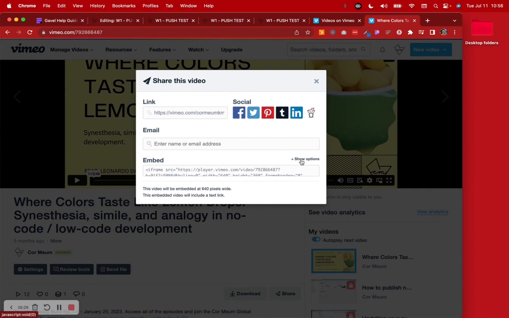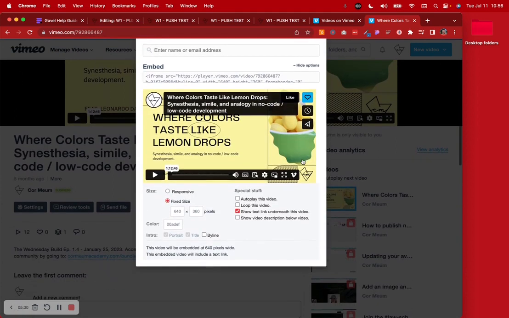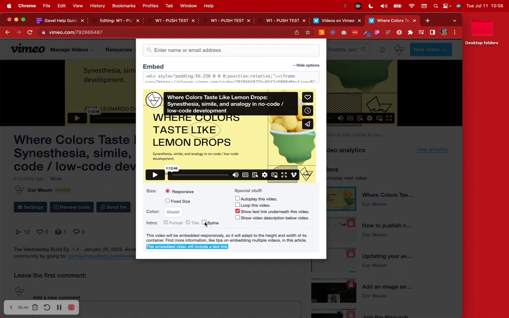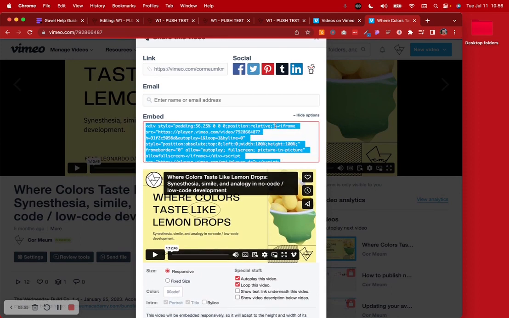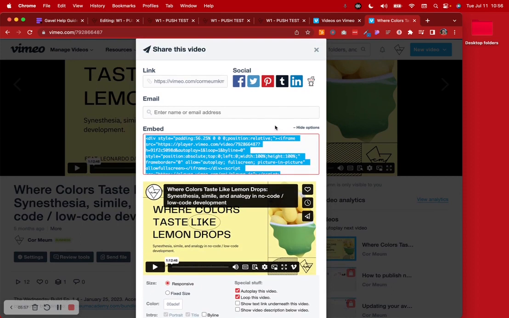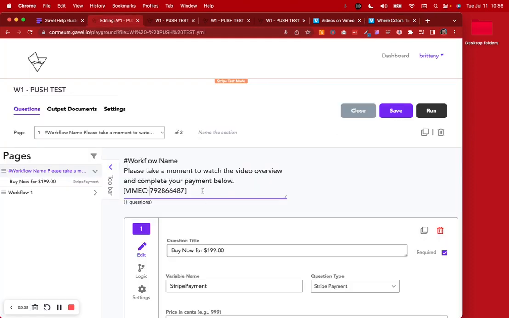It's going to give us all these options if we say show options. You can come down here and change all of this stuff. So you can make it responsive rather than fixed, and all the definitions of what this means come up here when you click on it, which is really helpful. So let's say we want it to be responsive and we don't want the byline, we don't want to show the text link underneath the video. We want this to autoplay and we want this to loop, meaning that after it ends, it's going to restart from the beginning. I can just go ahead then and grab this, copy it, come over to my workflow, replace